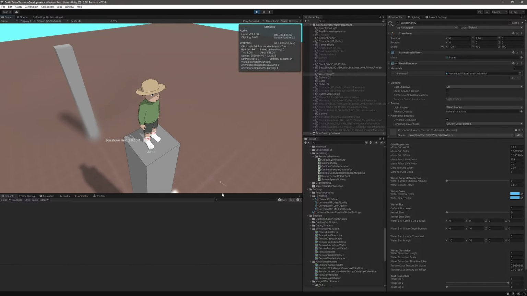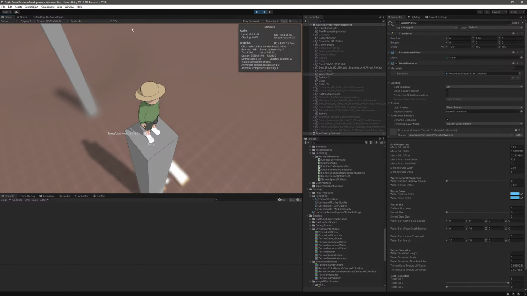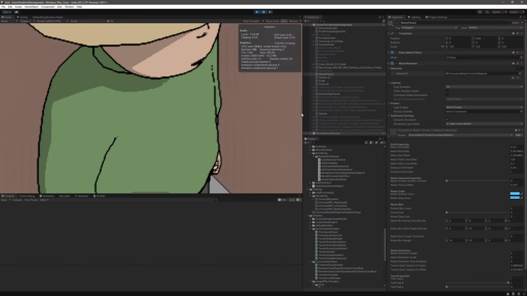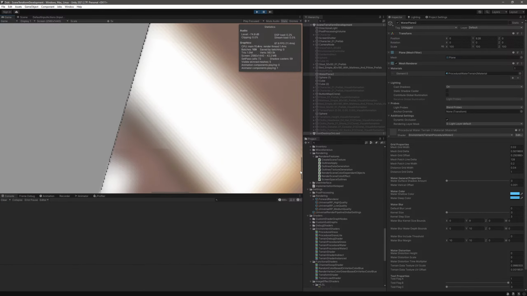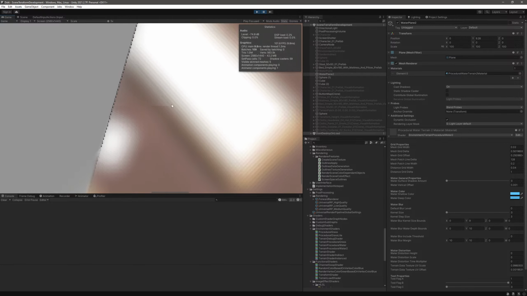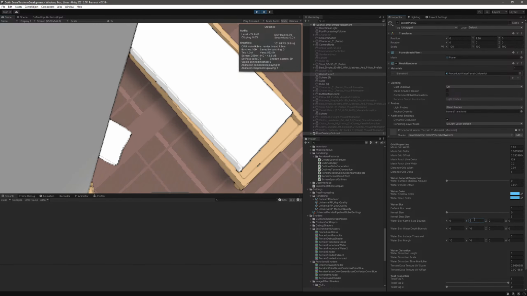Nah, it's probably not too bad, honestly. But the bleeding, on the other hand, is, so I want to fix that real quick. And that we get this mismatch between outlines and